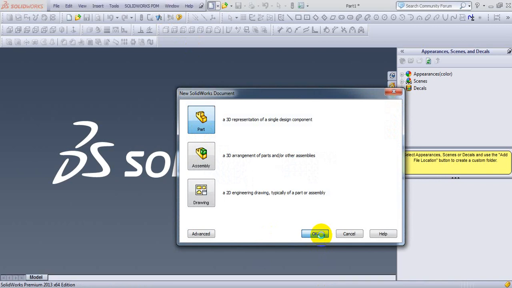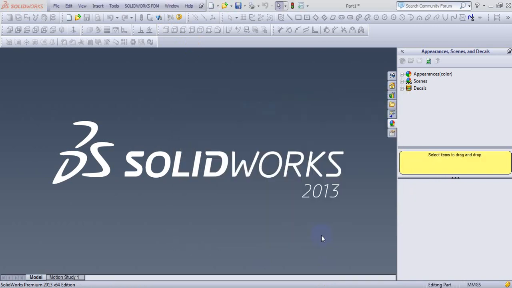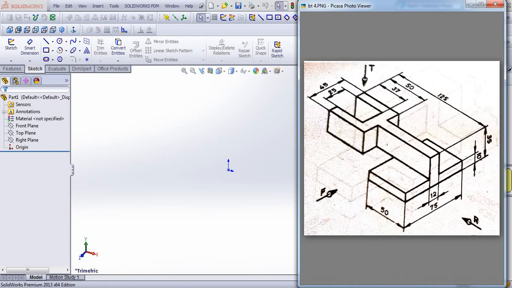First, whenever we see the drawing, we must know on which plane we have to start the drawing. In this drawing, if we start from the front plane, we also have to use the extruded cut feature.